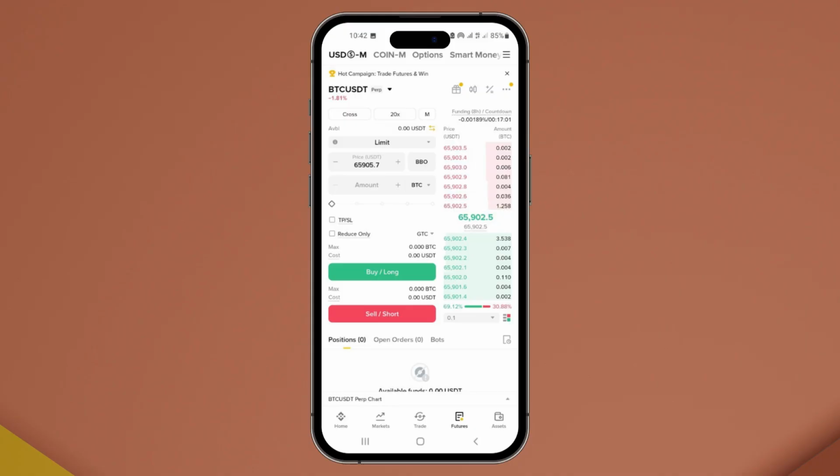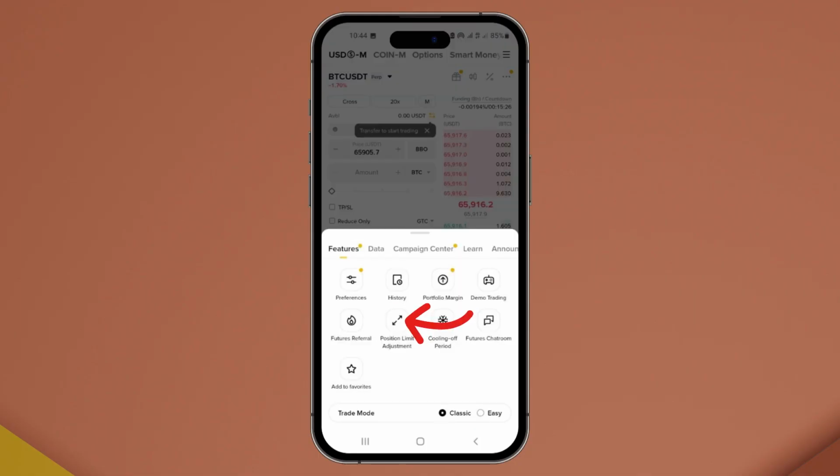This prompts you to choose between two types of closure methods, market or limit order. Selecting market will close the position immediately at the current market price. If you're aiming for more control over the price point at which you sell, select limit. This allows you to specify the exact price at which your position will close. Keep in mind that employing a limit order might not lead to an immediate closure if the specified price is